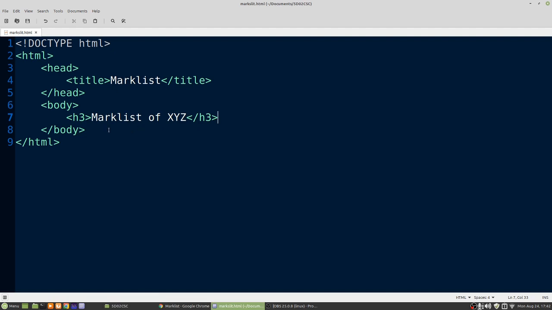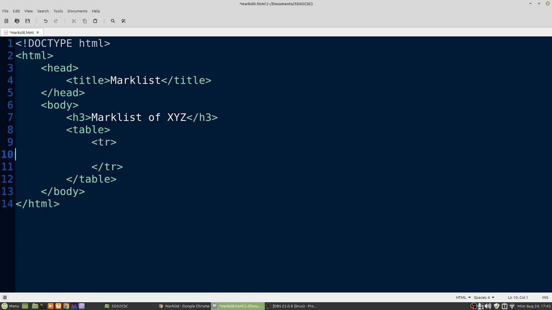So the tags used for creating a table are, the first tag is the table tag itself, and the closing tag is /table. Within that we need rows and columns. First we will create a row, which is specified using tr, and the closing tag is /tr.